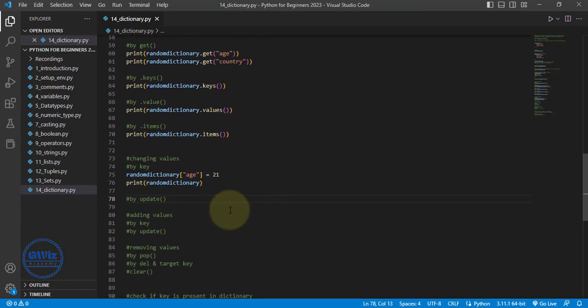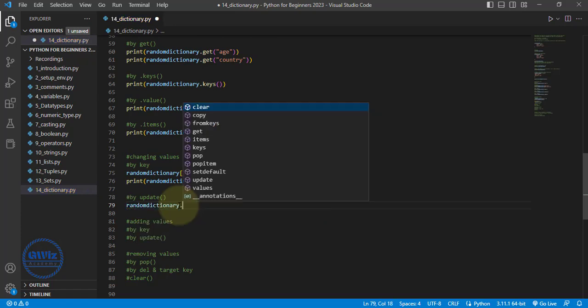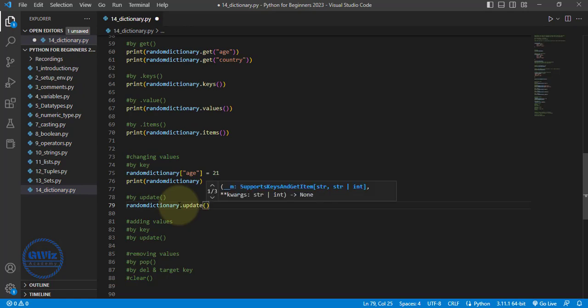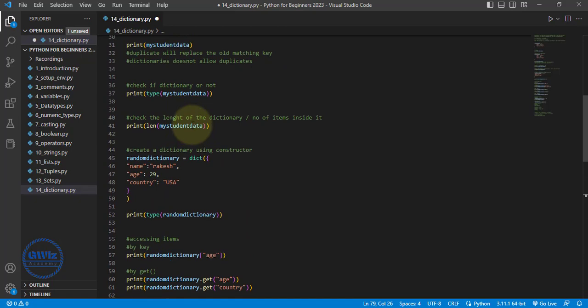You can also do one more thing. We can use this method called the update method. So what we do in this is random dictionary dot update. We need to tell what exactly we need to update. So here update parenthesis, and inside this parenthesis we need to add these flower brackets. And what exactly do I need to update? Let's say if I want to update